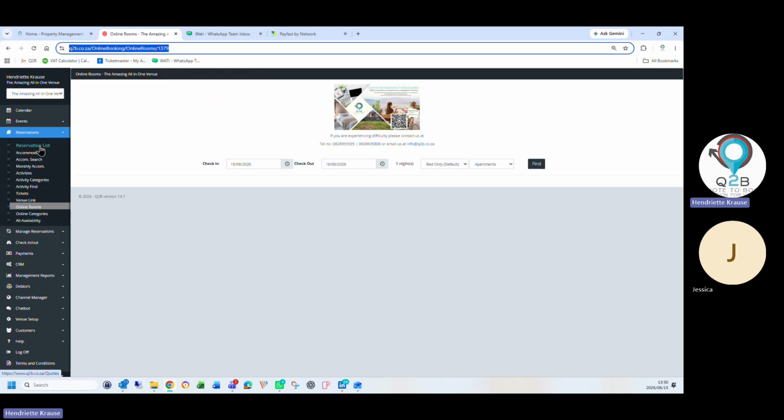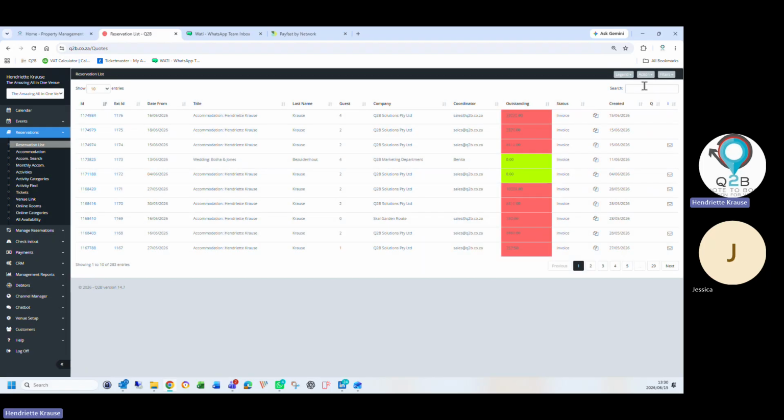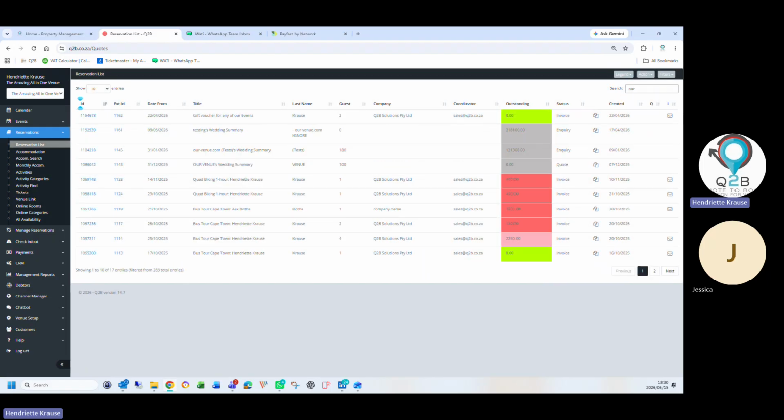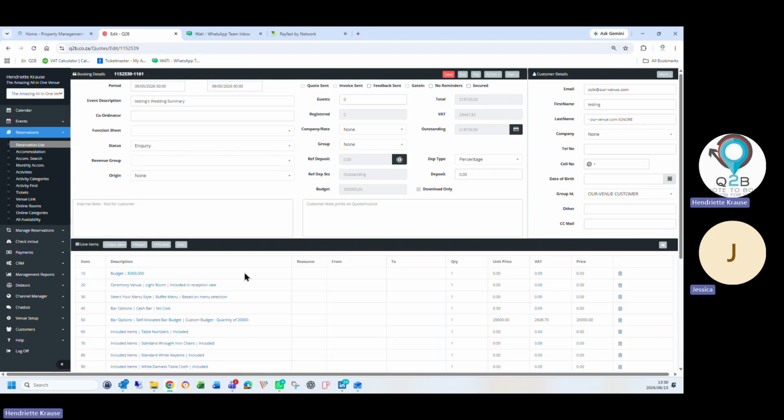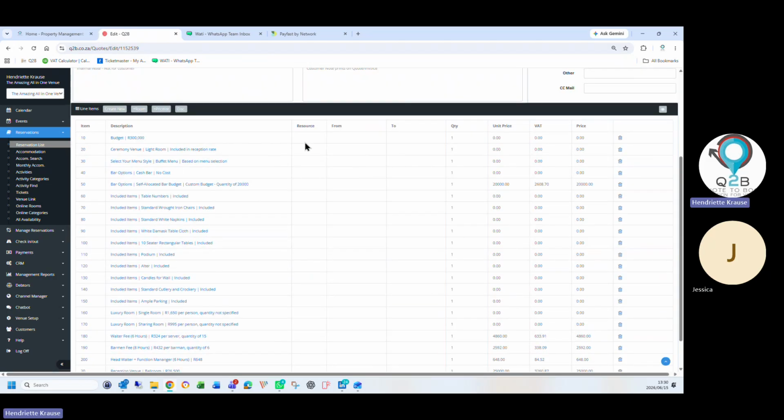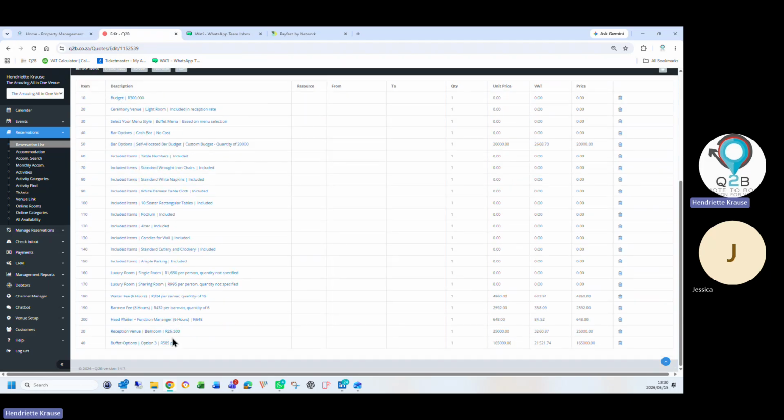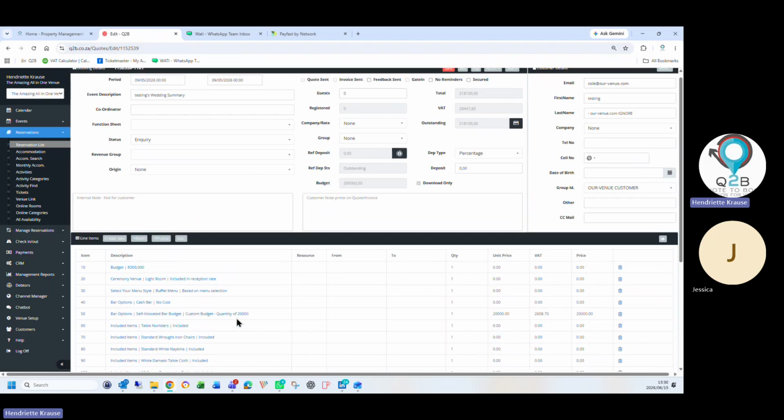Basically what they do, we give them a login, they set up the venue, it takes 3 seconds, and then we map Q2B with them. And then if the inquiry comes in via ourvenue.com, it automatically comes in to Q2B. It looks like this. Here's a few tests because they also use our system to test. Okay, so it comes in automatically from ourvenue.com with all the items the customer selected from our venue. All perfect. Right. Yes.